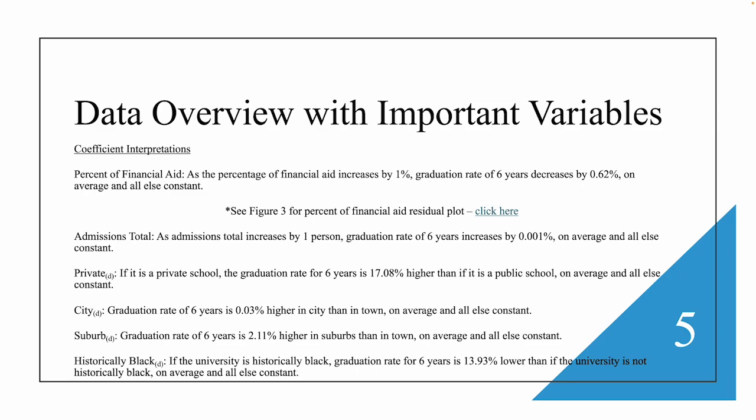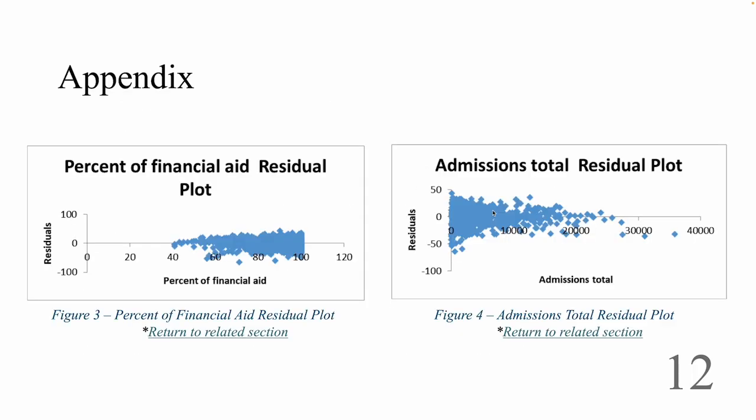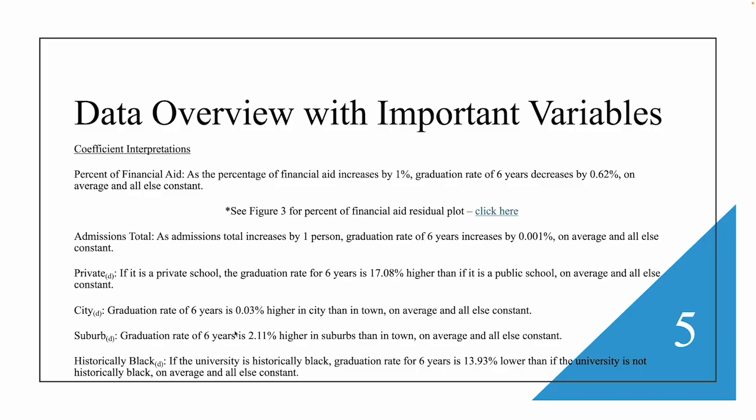Next, we'll look at the coefficient interpretations. The percent of financial aid: as the percentage of financial aid increases by 1%, graduation rate of 6 years decreases by 0.62 on average and all else constant. And this figure shows that through the graph. Admissions total: as admissions total increases by one person, graduation rate of 6 years increased by 0.001% on average and